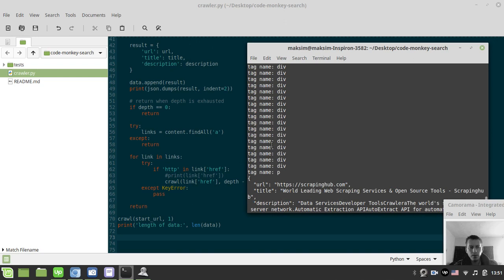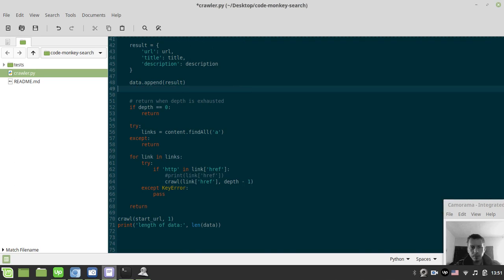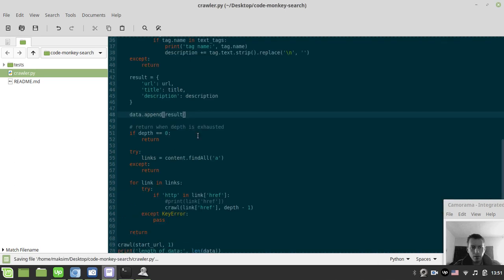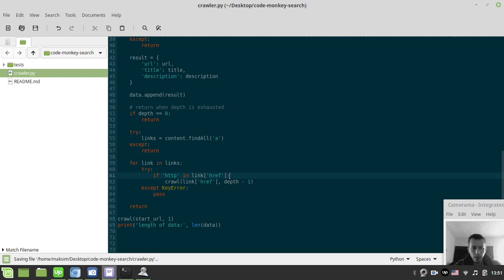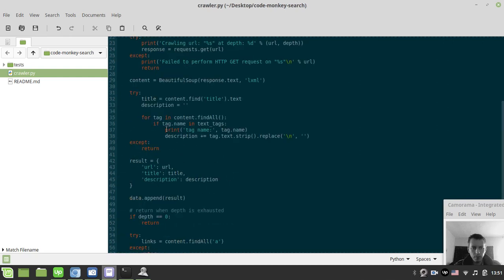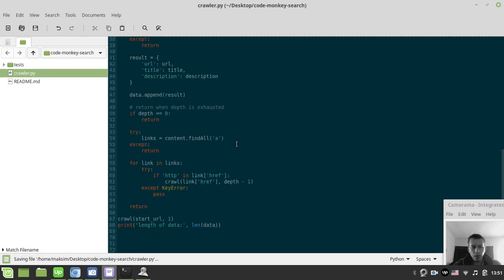Okay, don't need to print this. Okay, don't want to print the results here. Do not want to print tag name. Where is the tag name? Okay, and